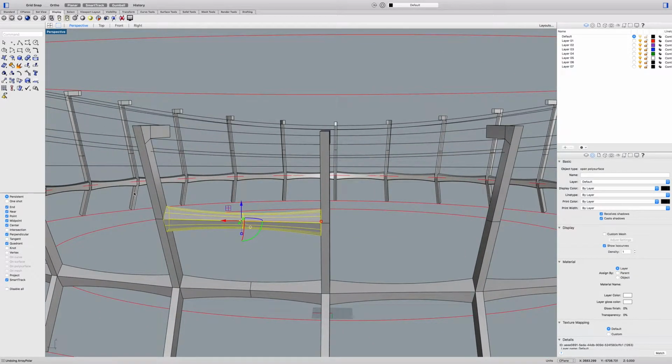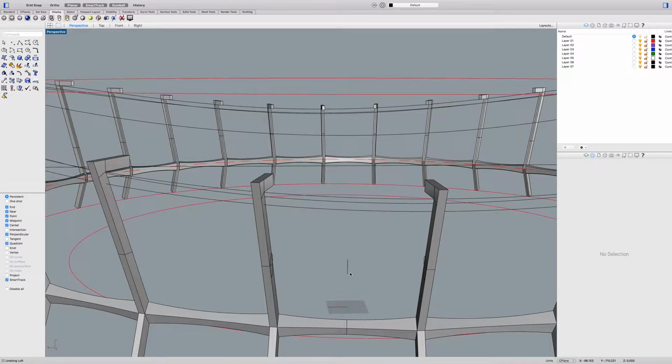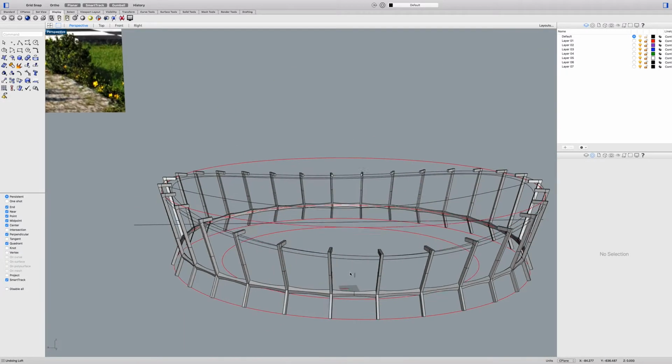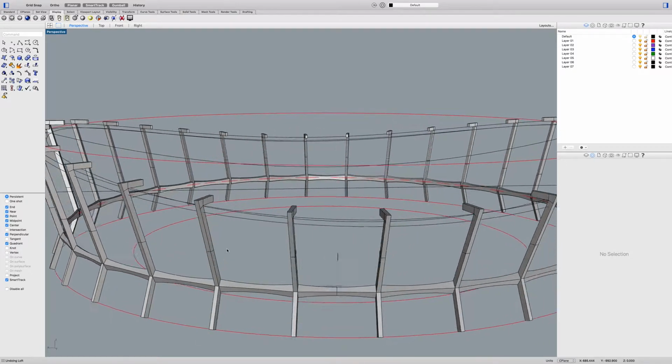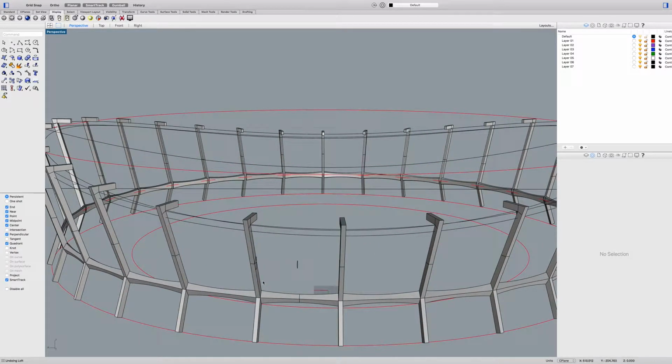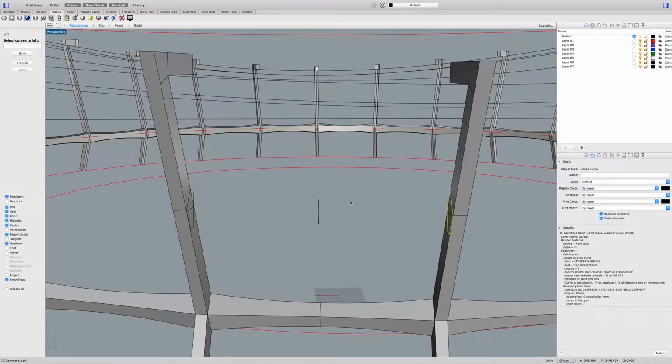So ideally we need to create for this one a quarter of them, just like we did for the columns. So we have to create for a quarter, and then we just have to rotate for the other sides. This is a little bit of the dirty work that we have to do. So what I'm going to do is do my loft